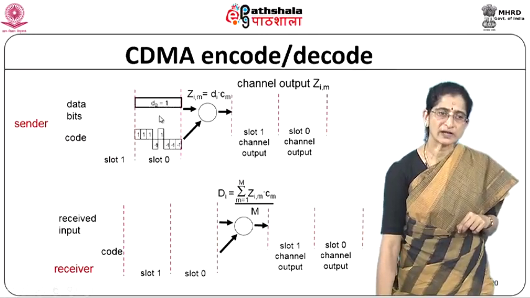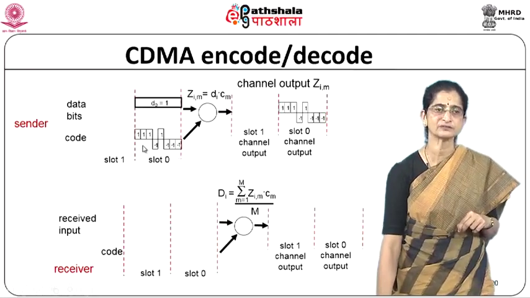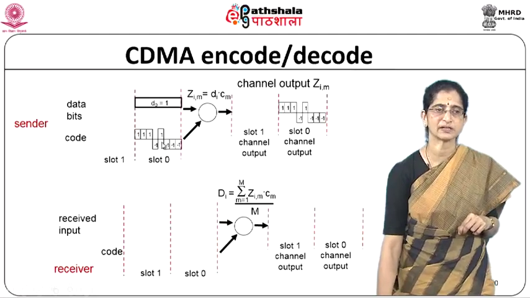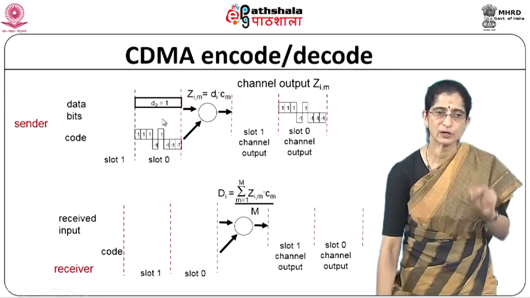So let's say he's sending a 1 in slot 0 and this is his chipping sequence. So to send a 1, he actually sends a pattern of, let me start from here, this is the first bit that's going out: -1, -1, -1, 1, -1, 1, 1. So let's say this is the pattern he uses for sending out a 1.